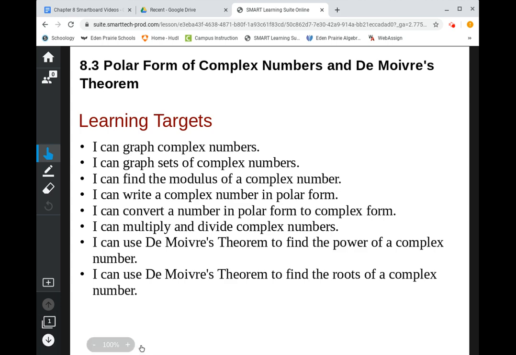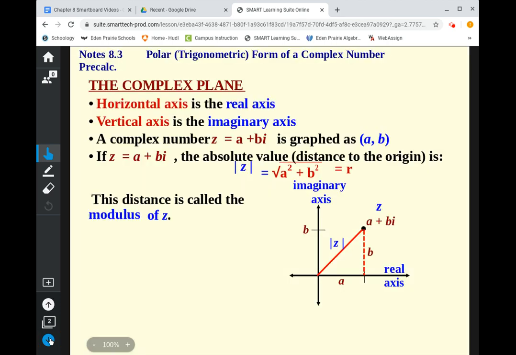In this video, we'll look at graphing complex numbers and sets of complex numbers and circles and different types of shapes. Okay, here's the complex plane. The horizontal axis is the real axis, and the vertical axis is the imaginary axis. You guys have plotted the complex plane before, where we have a complex number being a plus bi. So if we call z a plus bi,